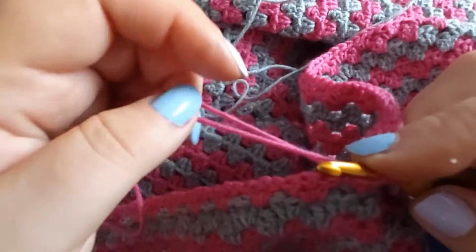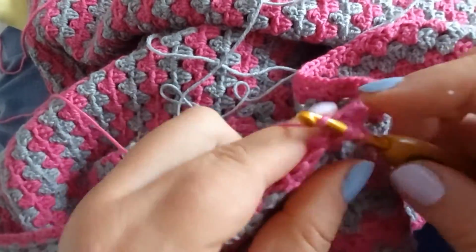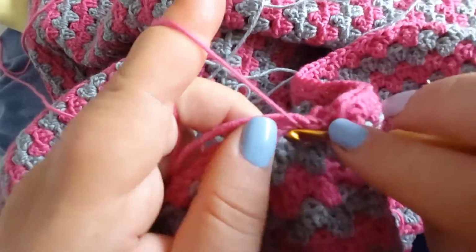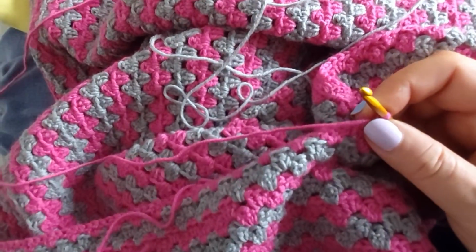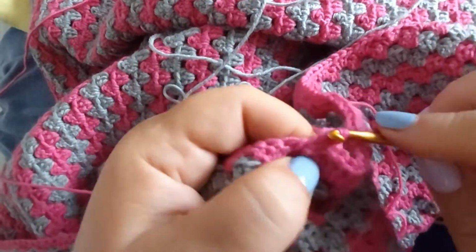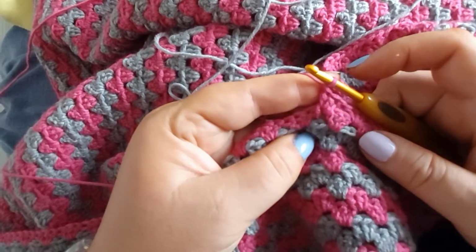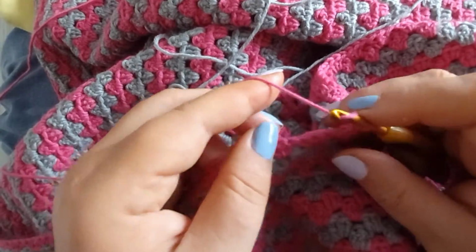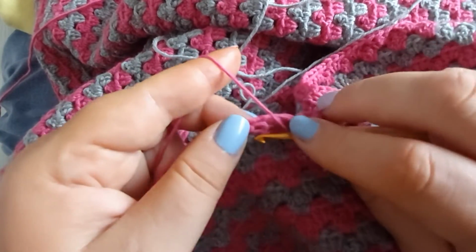I like to pull out quite a bit of yarn because I don't like crocheting or knitting if it feels like it's pulling. So I always tend to pull out quite a bit of yarn from the ball, not so much that it gets in a tangle, but probably about the length of my arm. Then I don't have to stop as often to pull more yarn off, and I don't like it when it's pulling on the ball, when I feel like I'm fighting it when I knit or crochet. It also helps to speed up if you pull off more yarn, but don't pull off so much that it gets into a tangle. So you can see that's still lying along the top here. Difficult to see because it's the same color, but